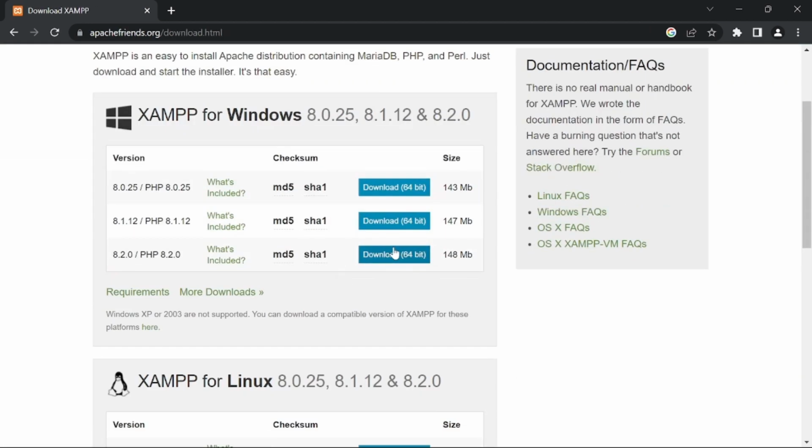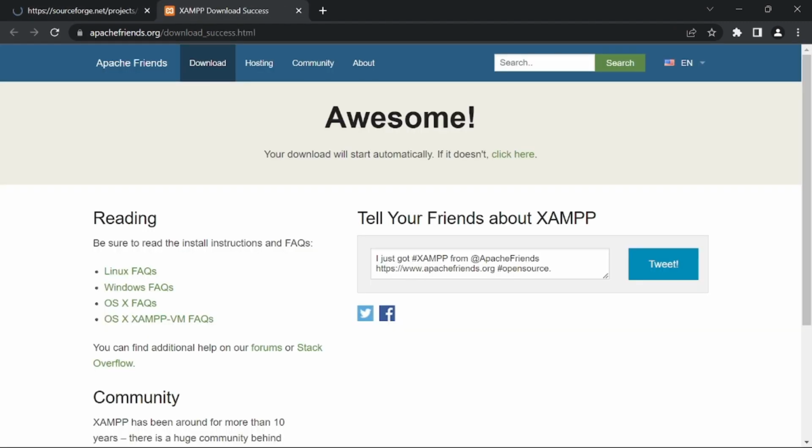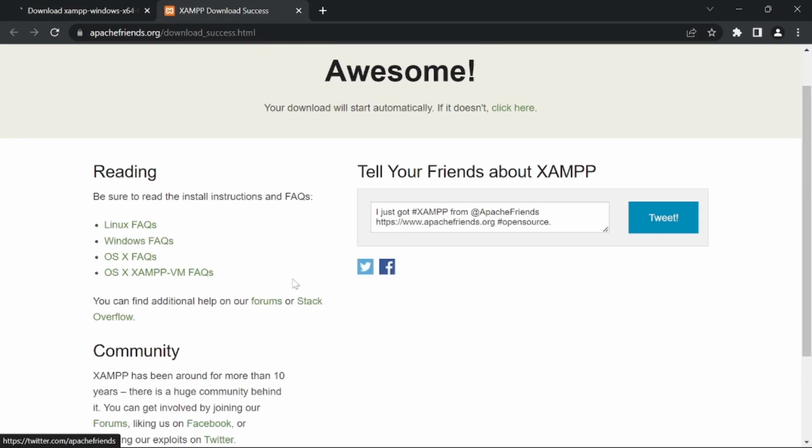We are interested in the Windows version, so straight away you will be able to see this XAMPP for Windows option, so just click on this.